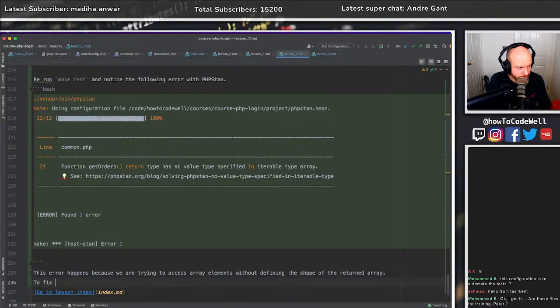To fix this error, add the following as a PHP doc block. Add the following PHP doc block to the get orders function in